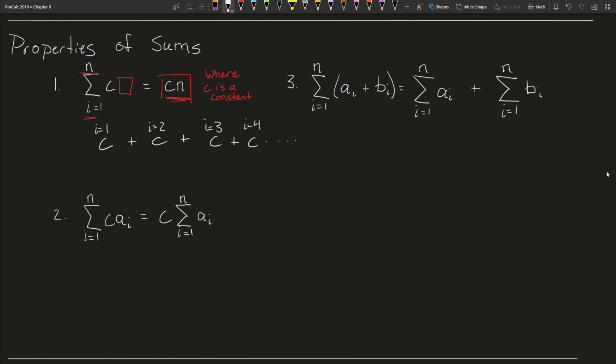In the second property, we have the sum from i equals 1 to i equals n of some constant times our sequence. If we were to write this out, what this is actually going to be equal to is the constant times the sum of the sequence. But if we were to simplify this,